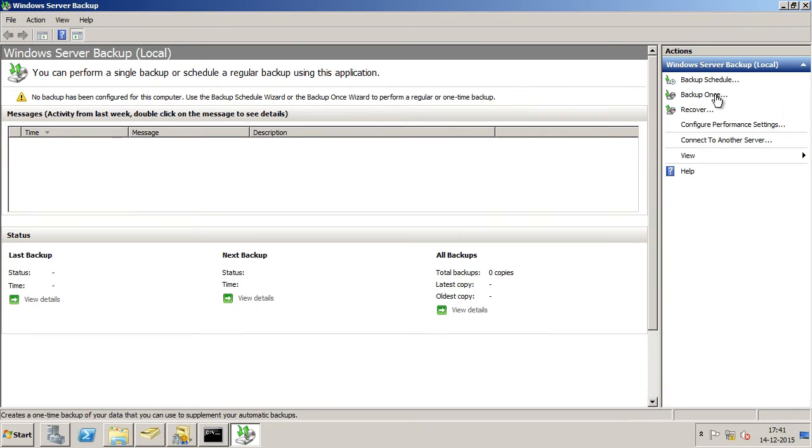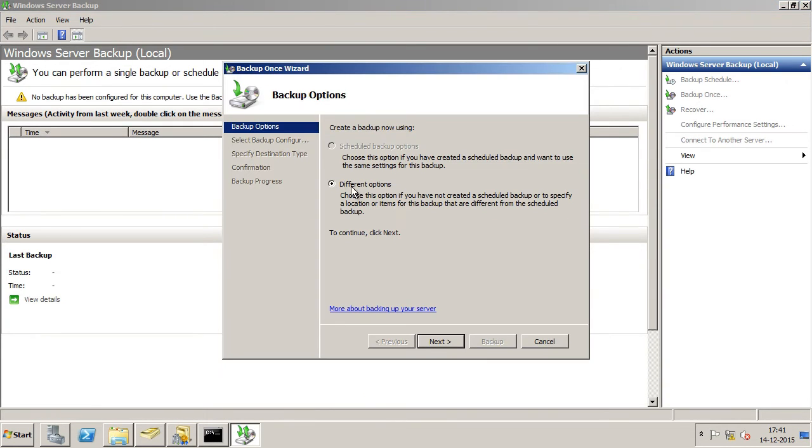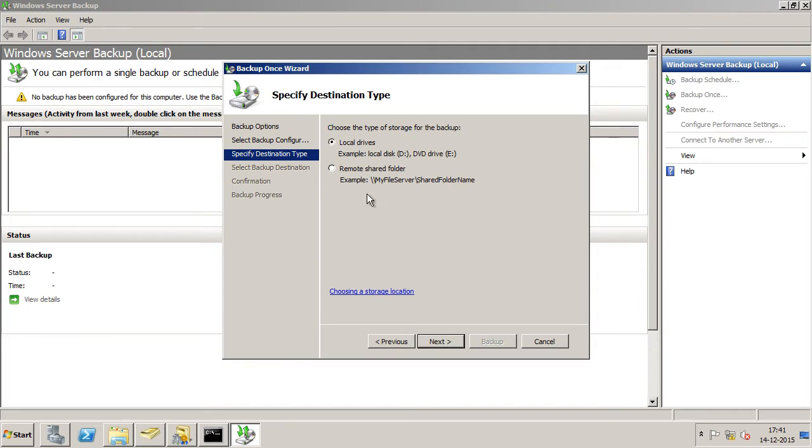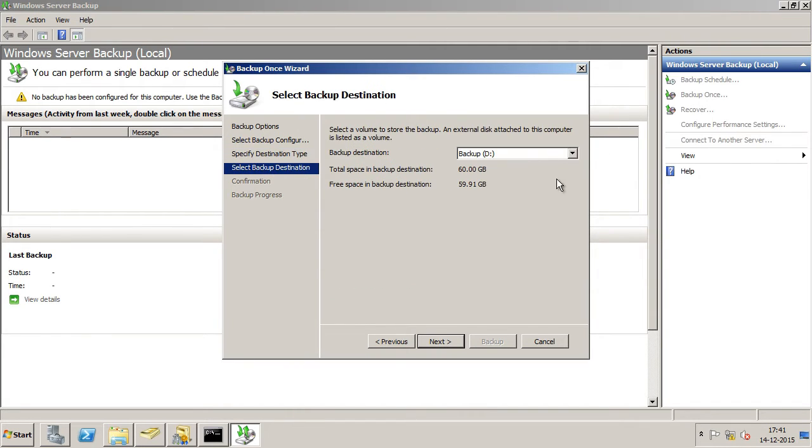I'm going to click on Backup once. By default, the different options have been selected, so I'm going to click Next. I'm going to say Full Server, which is going to back up all my server data, applications, and system state. I'm going to click Next, and I'll select Local Drive, and here I'm going to select Backup Drive, and I'll